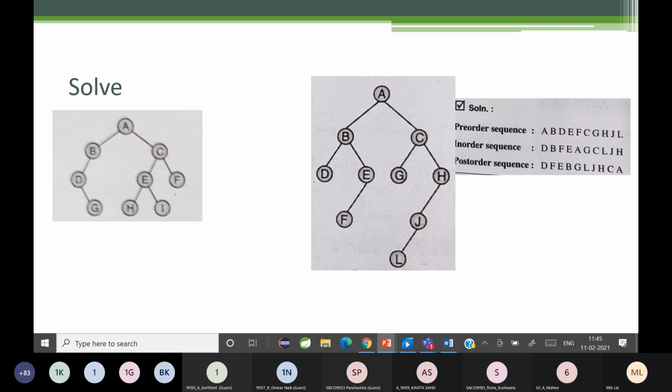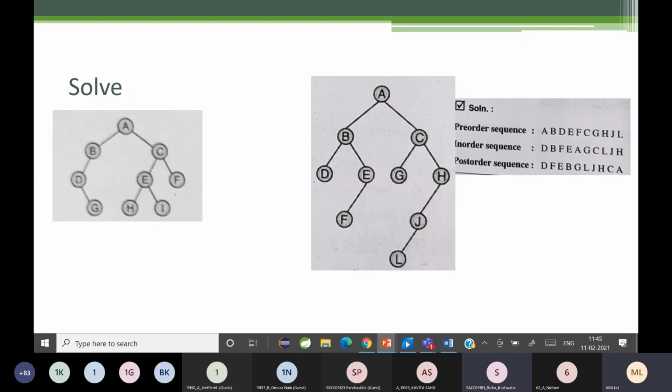Okay. Done? Okay, yes. Now tell me the in order part. What is the in order?